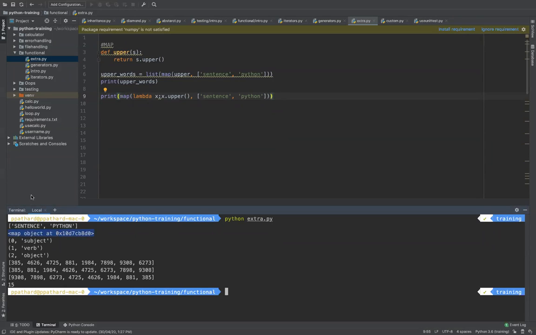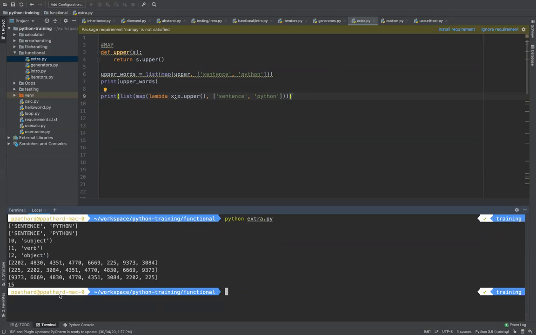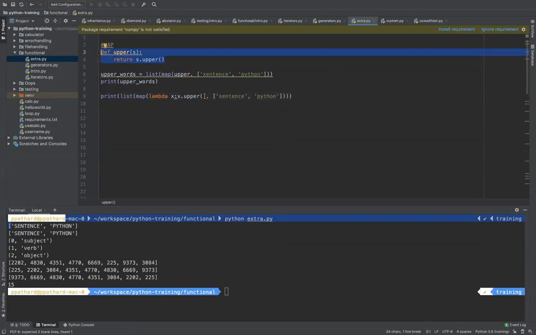So I don't want a map object, right? I just want to print a list of values, so I'm going to convert it into a list. Same thing, I'm going to convert it into a list. Observe that there is no difference between this output and the first output. The first output had a function, the second output had a lambda function inside it. So instead of this particular code, you just wrote a single line, included it in a map, and it created the output. Quite easy, right? Quite interesting.